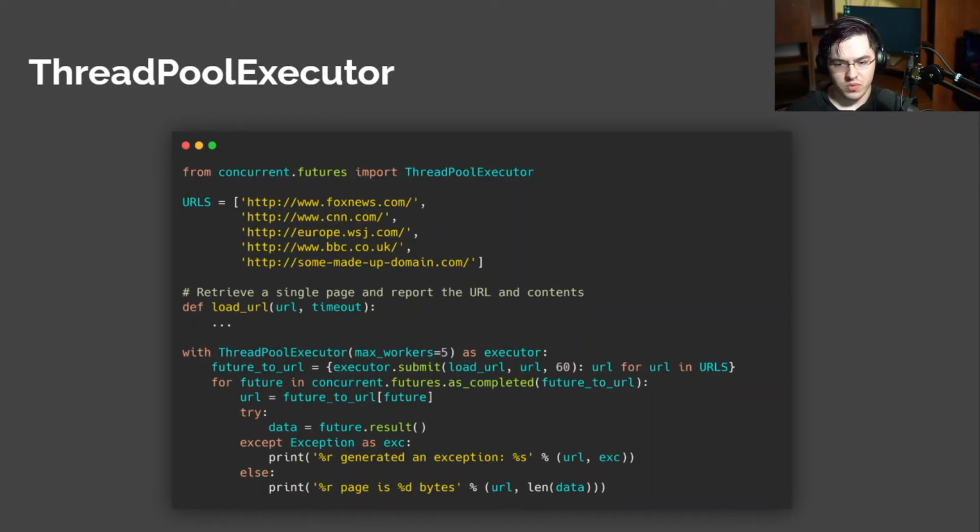And so this one, pretty much the setup is the same. It's just now we're doing a slightly different way of actually getting the executor to perform tasks. In this case, I kind of gave it away. It's submit. So submit takes in as the first parameter the function and then just the arguments that function takes. And in this case, we're providing load URL, we're providing its URL, and we're providing a default timeout of